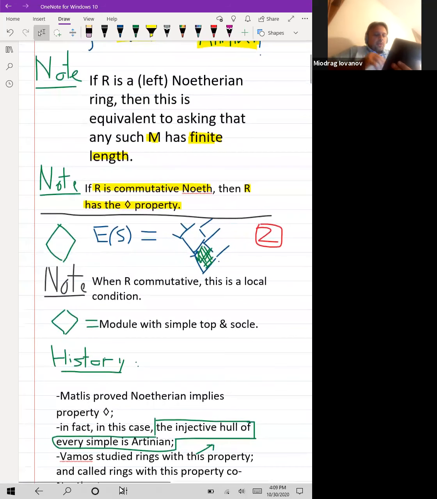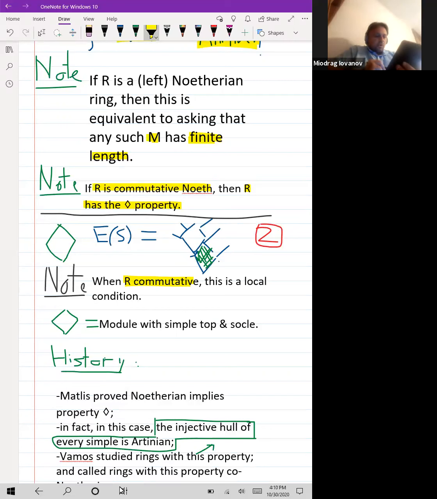And here's my picture of this injective hull, and this is my explanation of why I think this is called the diamond property. Suppose we take a commutative ring, which I'll be doing more and more. From some point on, all the rings will be commutative. This is, after all, the commutative algebra seminar. So when R is a commutative ring, I noted that this is a local condition, but let's say we have